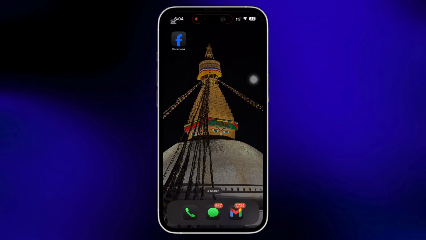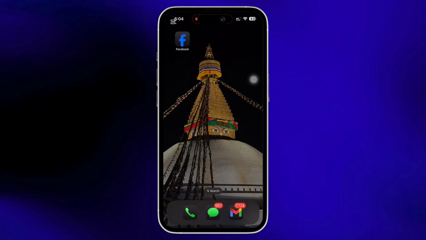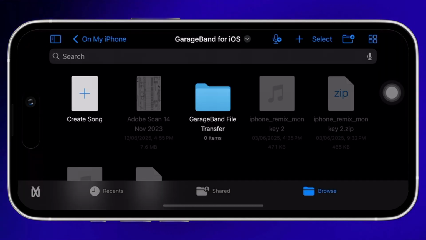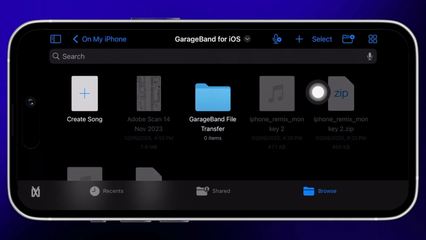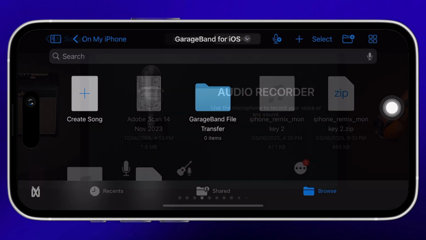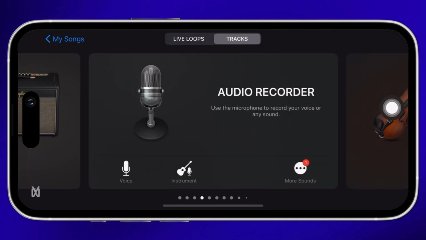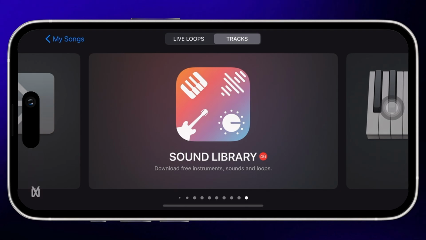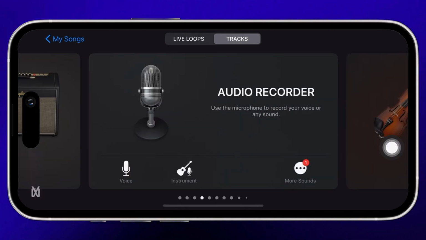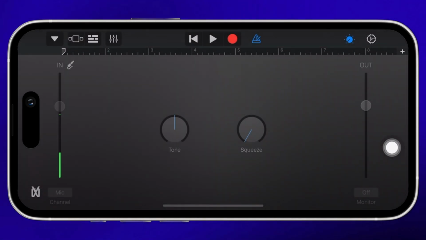Now let's get right into the tutorial. Firstly, go ahead and open the GarageBand application on your device, and once opened, you will see the plus icon there. Tap on that, and in the interface that you will be led to, you will see various tools there. Tap on the audio recorder option,